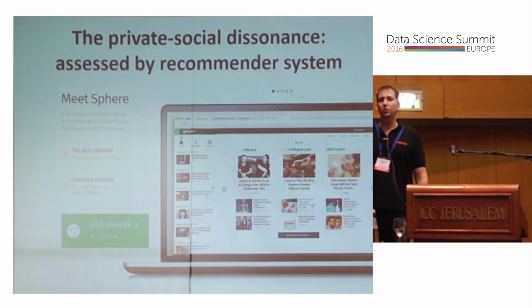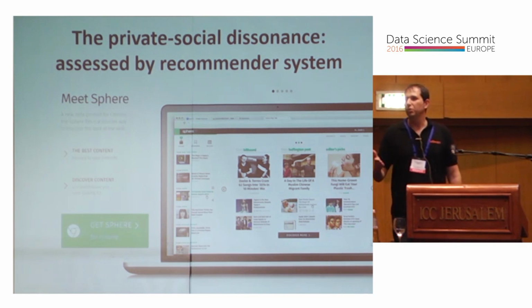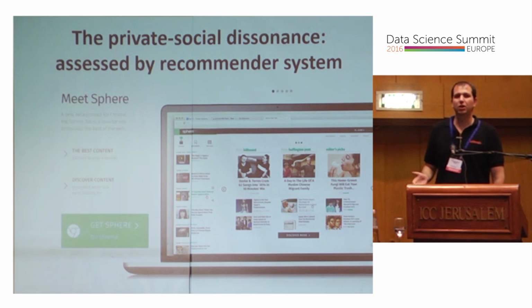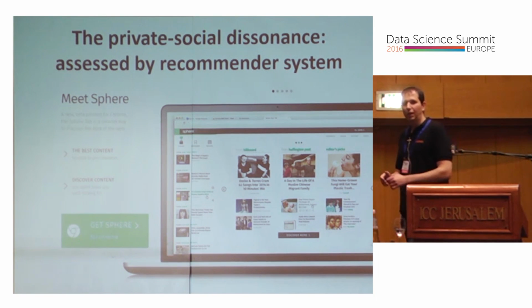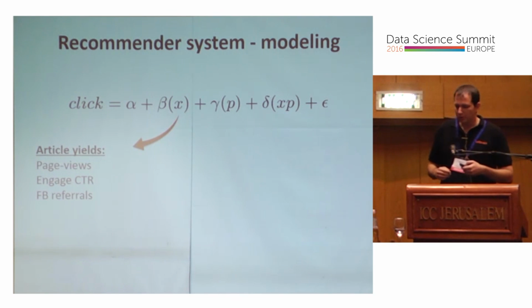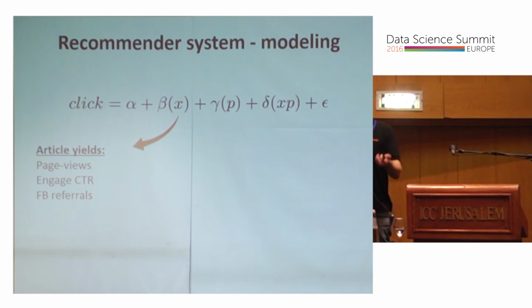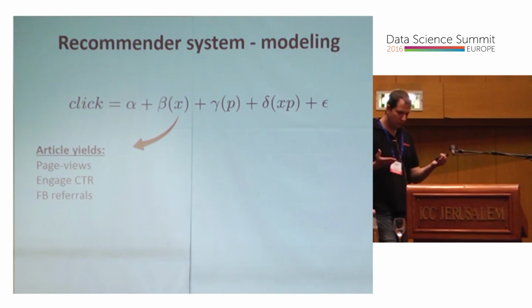So the context in which Sphere's recommendations appear varies from Chrome new tabs to email applications to lock screen applications, a lot of different contexts in which users see that. So everything that I'm going to report here is quite robust. It's not only limited to the results that you see down at those Outbrain widgets at the bottom of article pages. So we had to estimate some model, to train some model that learns from CTR and learns from Facebook shares and learns from other things. So this is what we were trying to do.